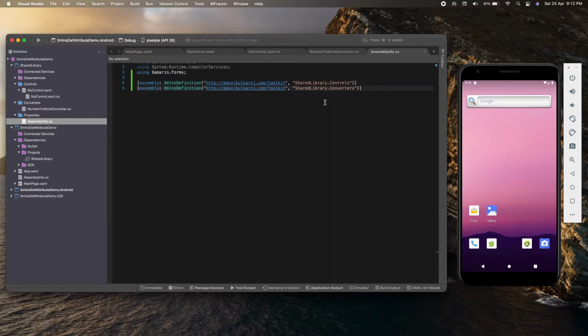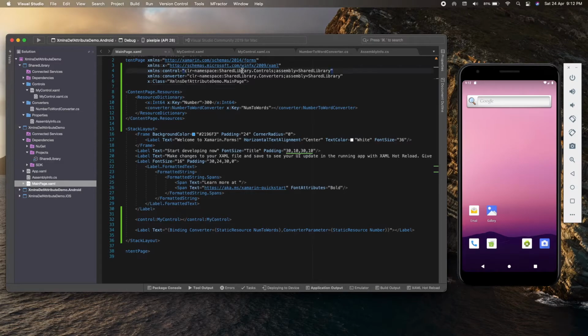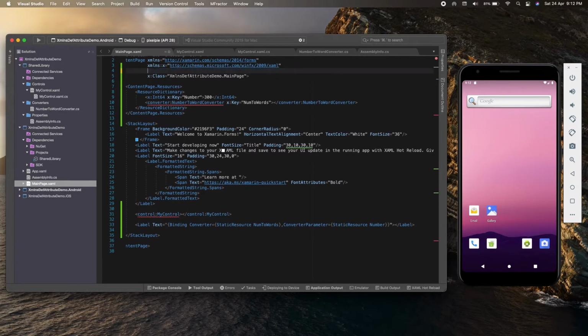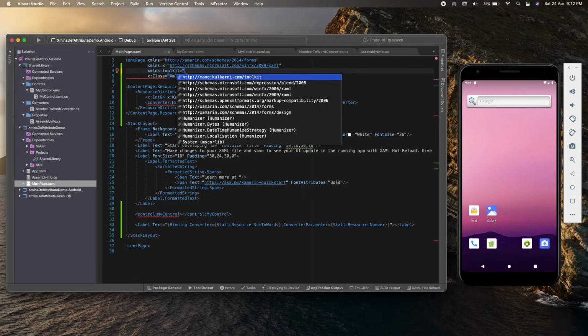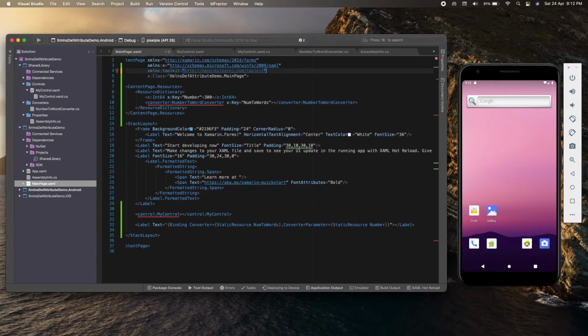Now let's go back to the MainPage.xaml page, and let's remove these two namespaces and add the namespace that we just added using the XAML definition attribute. As you can see, it is already appearing in our IntelliSense, so we can add that, and let me replace the reference.